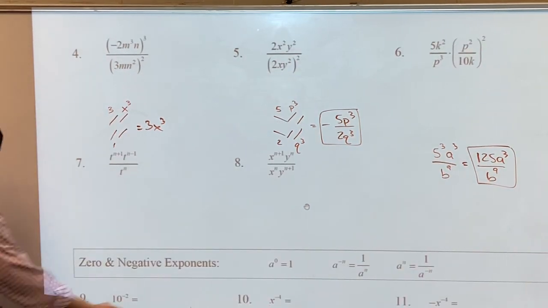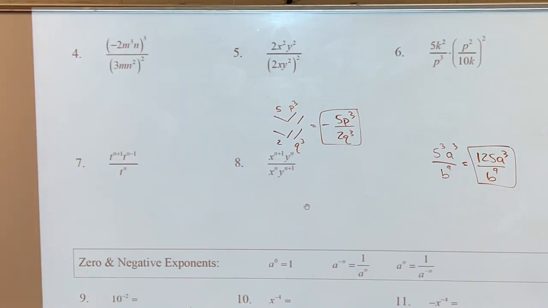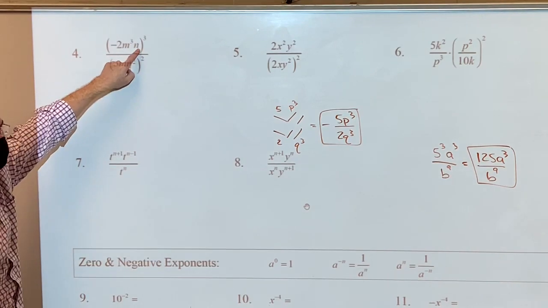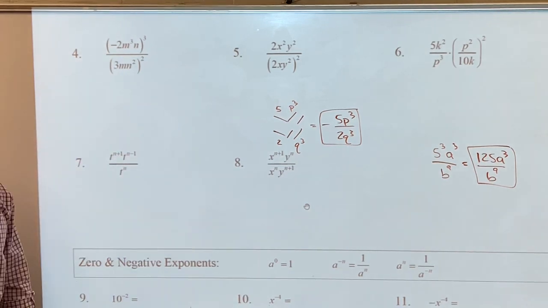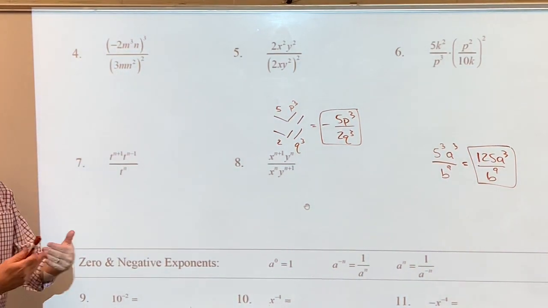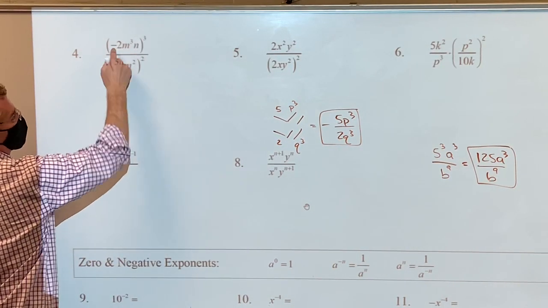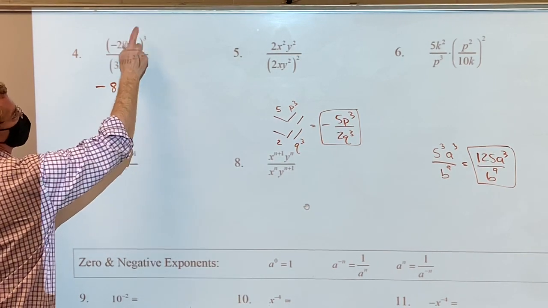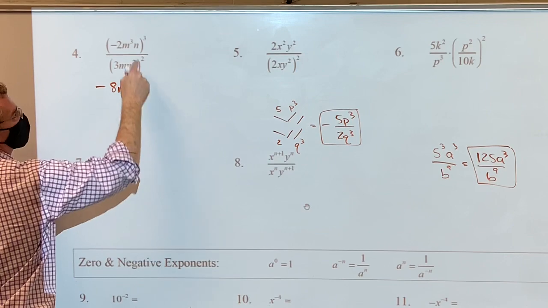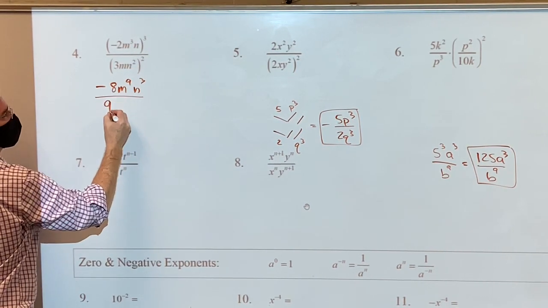What about number 4? It says simplify, so what does PEMDAS tell you to do? Exponents, because there's nothing in that parentheses that I can simplify. So I'm going to raise everything to the 3rd. Now I'm going to cube a negative. What happens when you cube a negative? Does the negative go away or remain? Or you could say I'm cubing a negative 2. But I like to say 3 negatives is going to be a negative. 2 cubed is an 8. m cubed cubed is an m to the 9th. n cubed. And on the bottom, when I square everything,